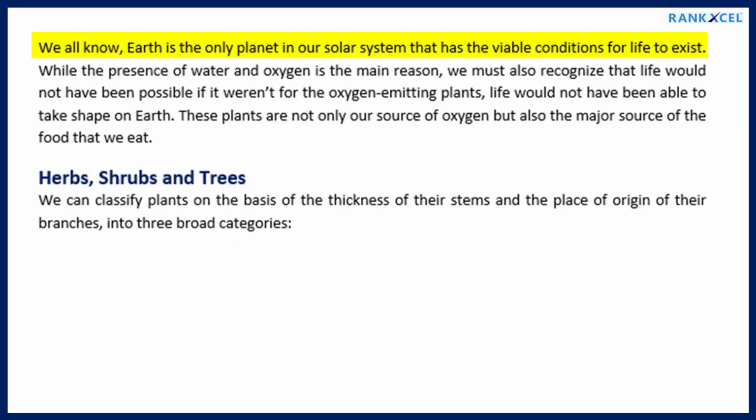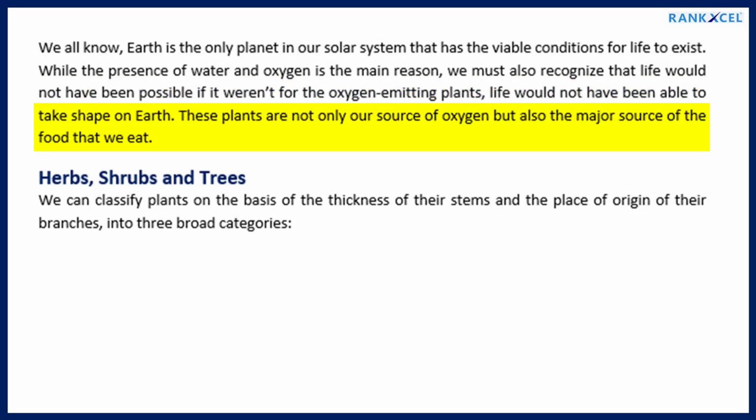As we all know, Earth is the only planet in our solar system that has the viable conditions for life to exist. While the presence of water and oxygen is the main reason, we must also recognize that life would not have been possible if it weren't for the oxygen-emitting plants. Life would not have been able to take shape on Earth. These plants are not only our source of oxygen but also the major source of the food that we eat: